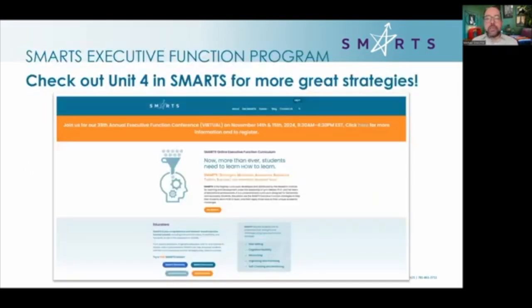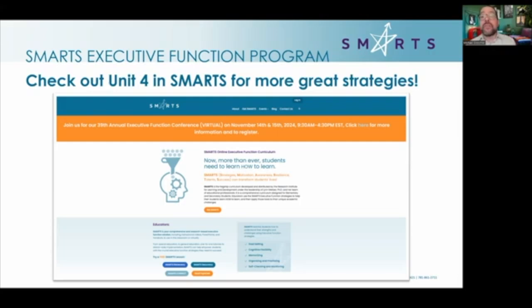And also, some of you are Smarts users, but if you're not, do look into getting some more executive function tools and resources. I think one thing that's risky with EF and time management specifically is that we know what works for us, and that can distort how we teach it to students. Like, oh, it's so easy to use a paper planner. I am married to paper planners. I will not give them up as long as I can hold a pen.